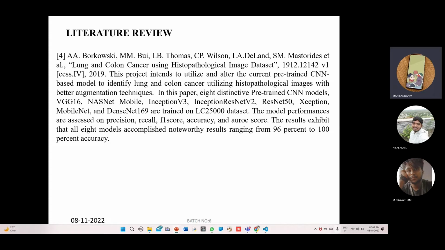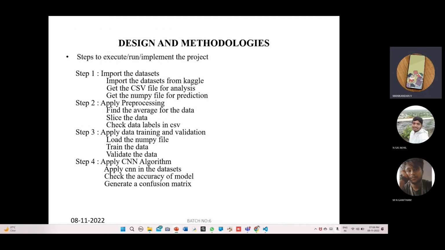And the next slide. A. Borowski, M.M. Bui, L.B. Thomas, C.P. Wilson, L.A. Deland, and S.T.S.M. Mastorates proposed a paper called Lung and Colon Cancer using histological image dataset, and they used many algorithms like VGG16, and their accuracy was 96 to 100%, but they used it to identify lung and colon cancer. The design of our project is to first import the data sets, and from Kaggle get the